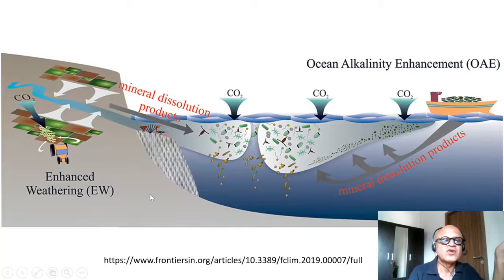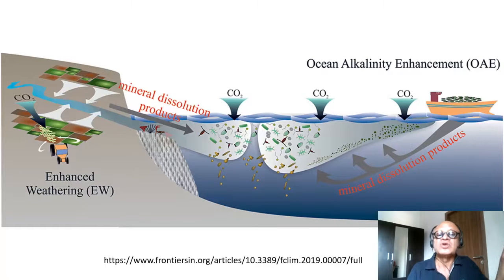This is also proposed for the ocean. So here is rock being sprayed, enhanced weathering being driven, and that's going to drive mineral dissolution of products into coastal waters and oceans eventually, doing ocean alkalinity enhancement and giving us enhanced marine production, and also you can directly dump mineral dissolution products into the ocean. For example, dissolved iron in regions where iron is a deficient nutrient in the ocean has been tried in what is called iron fertilization to enhance phytoplankton photosynthesis.